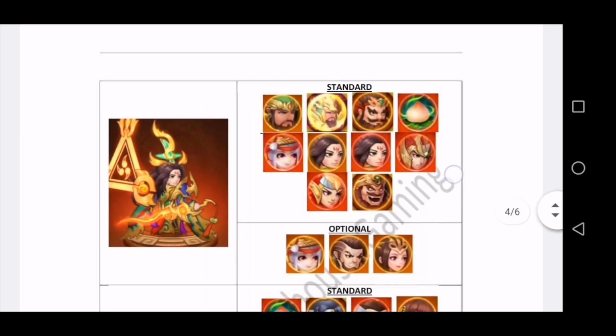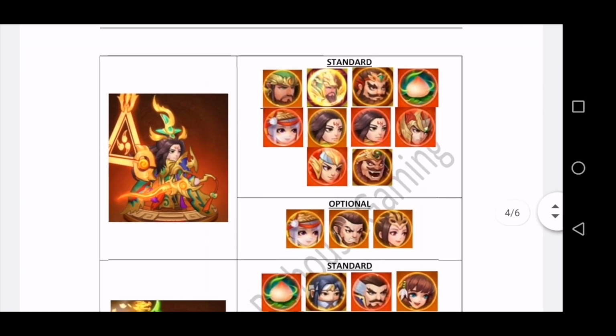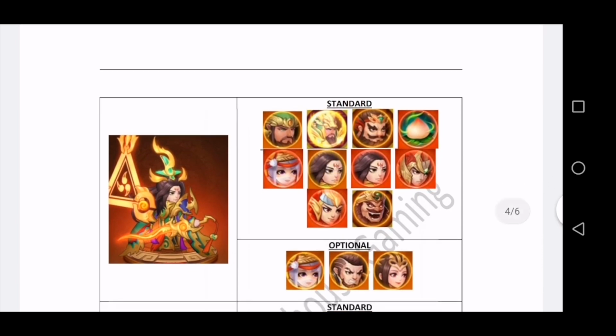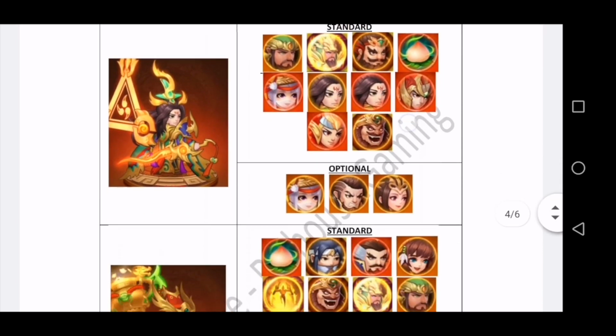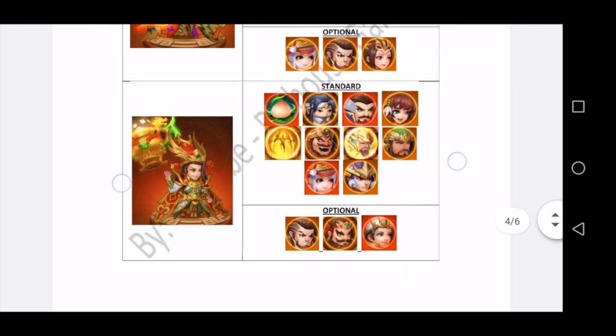And then we have another fire hero, Lustring. For Lustring, we have the standard build, almost the same like Zoe. The only difference is this guy doesn't have the copper insignia. And then you have the optionals. And then you have this guy,